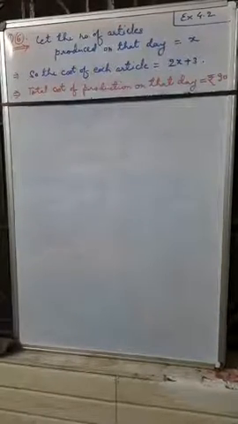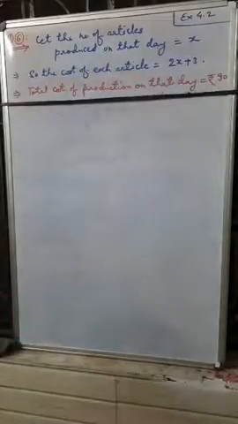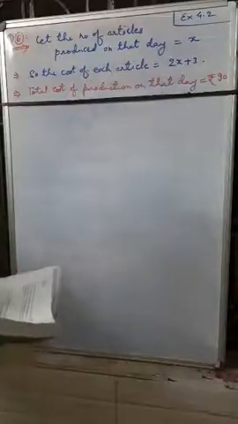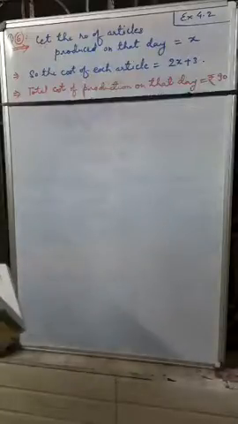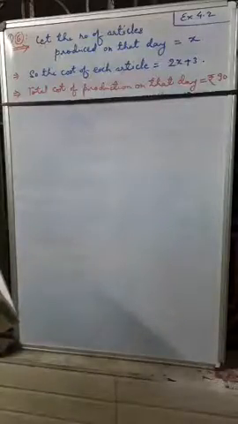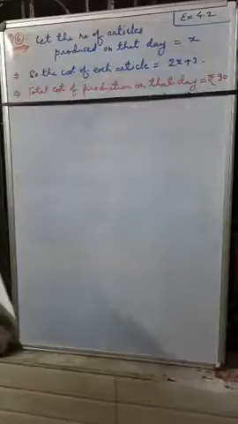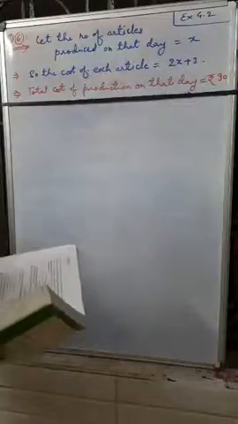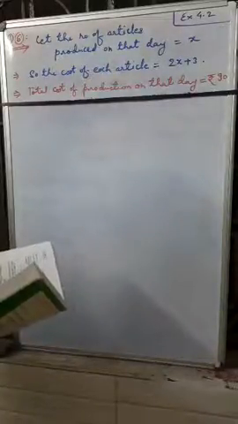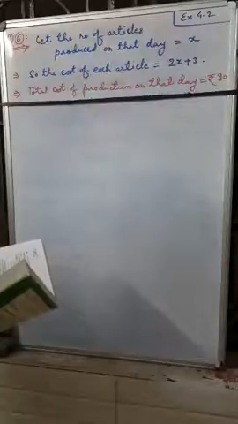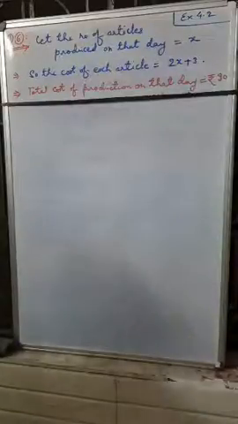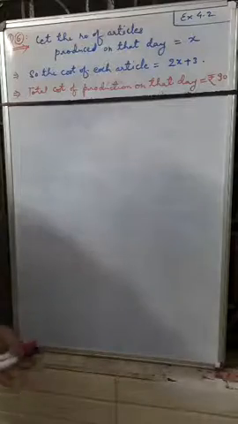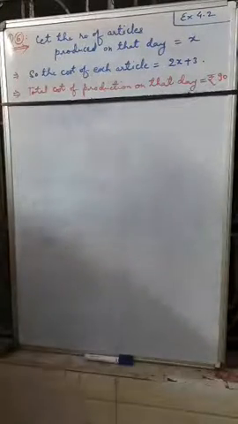Students, now we will solve question number 6 of exercise 4.2. So according to the problem, a cottage industry produced a certain number of pottery articles in a day. It was observed on a particular day that the cost of production of each article in rupees was 3 more than twice the number of articles produced on that day. If the total cost of production on that day was rupees 90, find the number of articles produced and the cost of each article. So before solving this problem, you must read the problem 2 or 3 times.